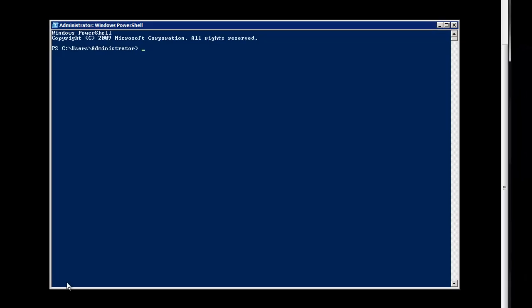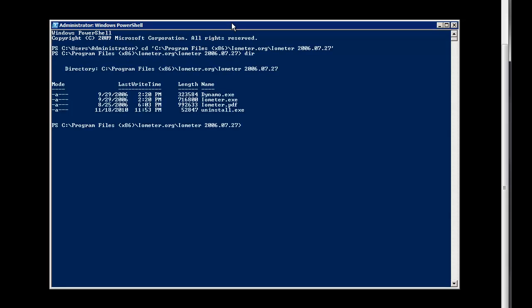Pull up either a PowerShell window, I'm using PowerShell here, or a DOS window, and you have to have iometer installed on this host. Change to that iometer directory. Okay, there we go. And we're going to be running our dynamo.exe.